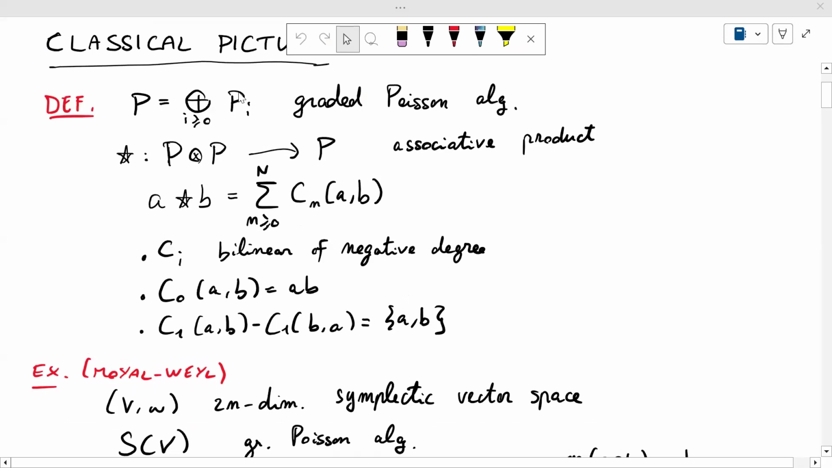We can write it as a sum of these operators Cn. These are all bilinear of negative degree. And it's a deformation in the sense that from the first one, we recover our original product. And it's also a deformation of the whole Poisson algebra by the fact that with the second one, C1,